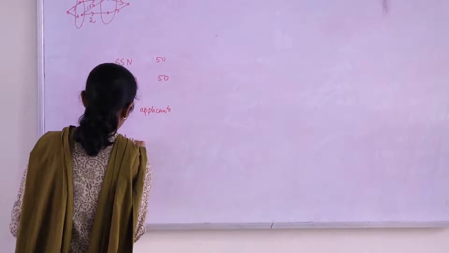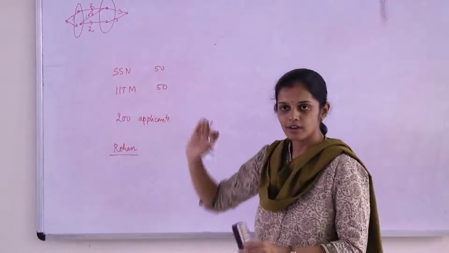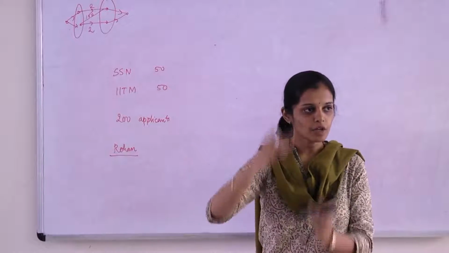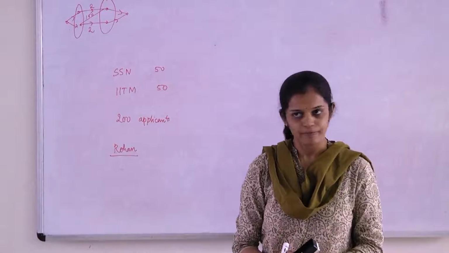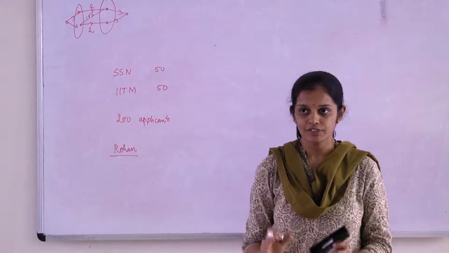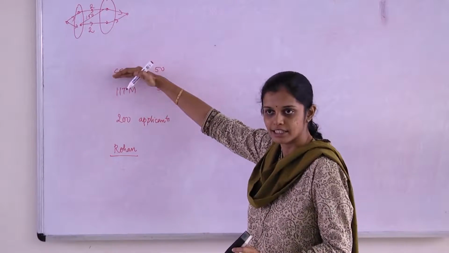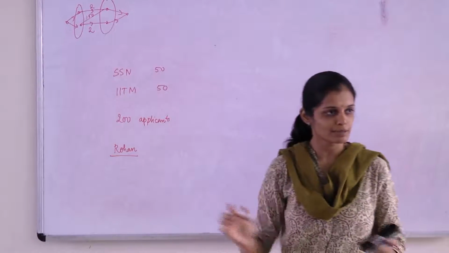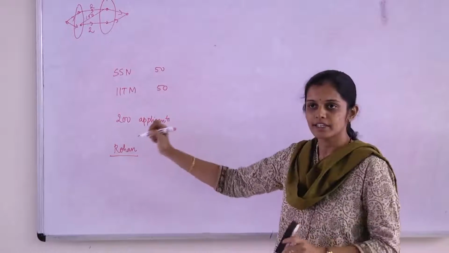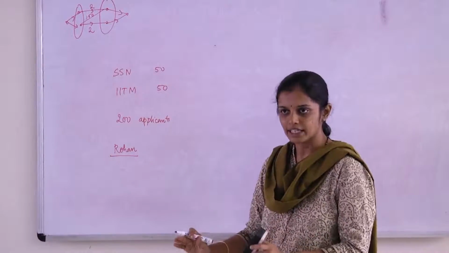Let that person be Rohan. And now, what will Rohan ask? He will ask SSN College, look at the top 50 students that you admitted, right? It should not be the case that anybody is ranked lower than me. If there is somebody who is ranked lower than me by the SSN listing criteria, he is going to make a big ruckus because he will say, why did you favor him when you had given this kind of a ranking criteria?